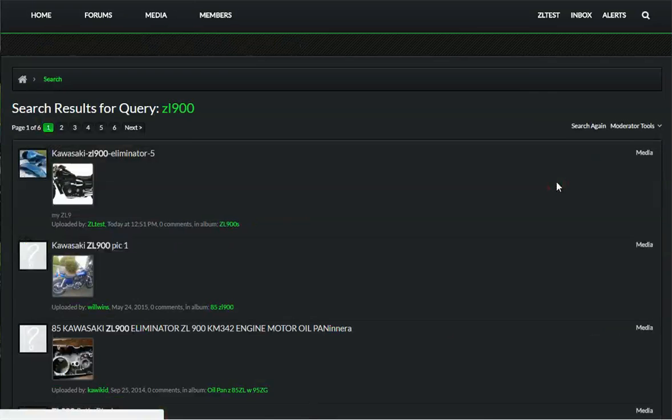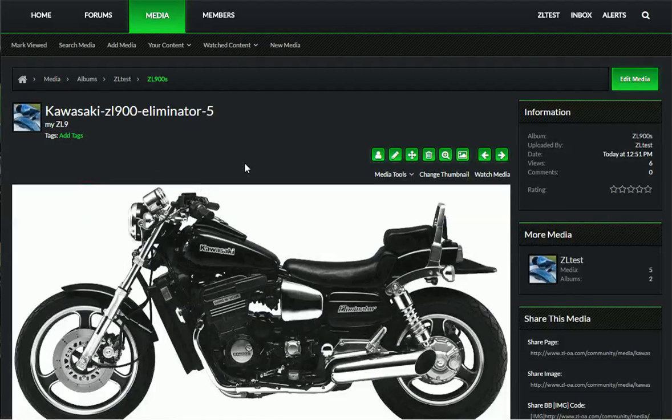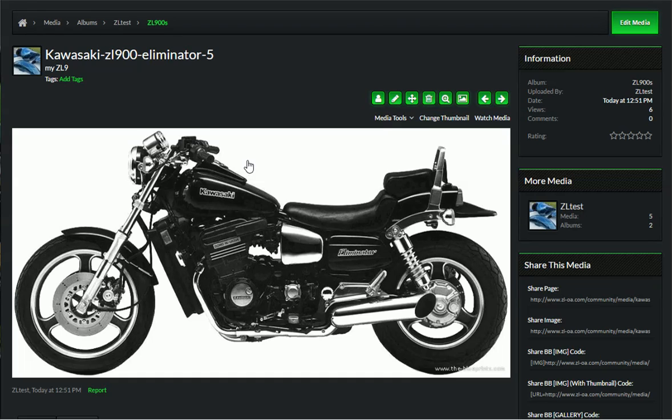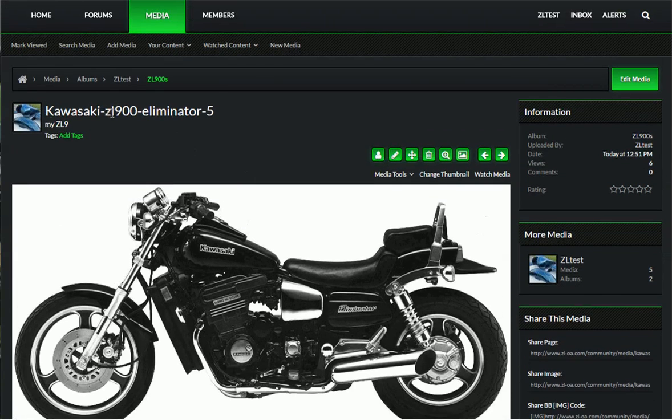under the forum section. So you'll see the first one on the top right here, it highlighted the part of the keyword that it found because it was in this picture's title. And we can just click on that and it brings us straight to it. This happens to be one of this user's photos that were added in a previous example. You'll notice in the title, ZL900 was part of the title of the picture,